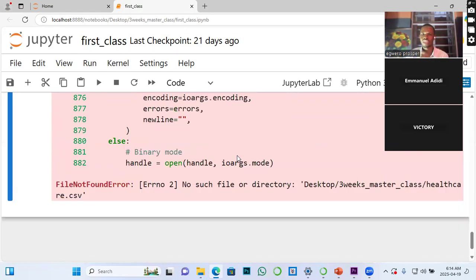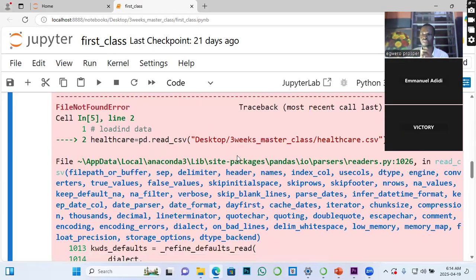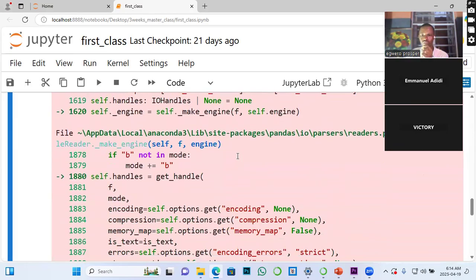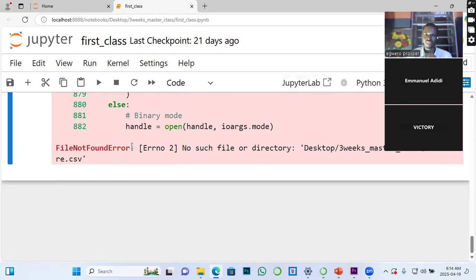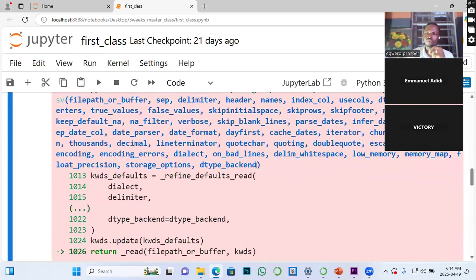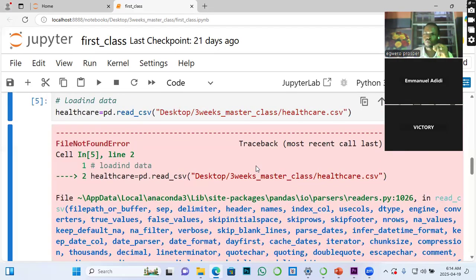How do you solve it? Like I told you, you can see the bunch of errors you have here. Sometimes this error can threaten you as a programmer and make you decide to dump your laptop. Never do that. How you solve it, like I said, forget about all those details. Just come to where you have the key error. The key error says: no such file or directory. So what it's saying is that my URL, which I'm using to reference where the file is, cannot be